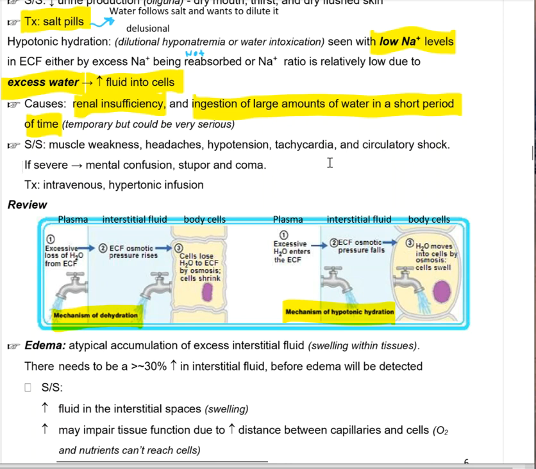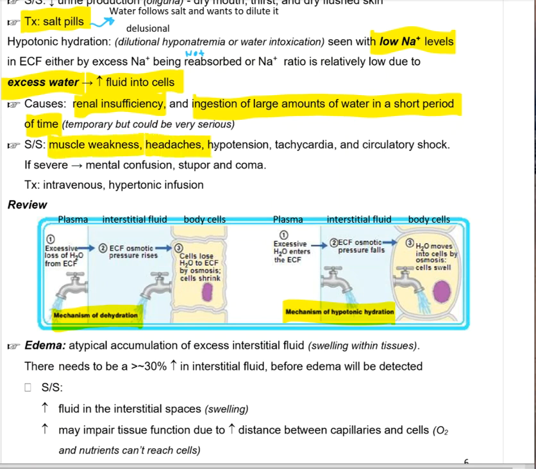Where do we use sodium? That's so important. Nervous system, right? All of our firing of neurons. Muscle system, because we have to have action potentials go across our muscles. And so as a result, you're going to see a lot of problems in those areas, like muscle weakness, headaches,